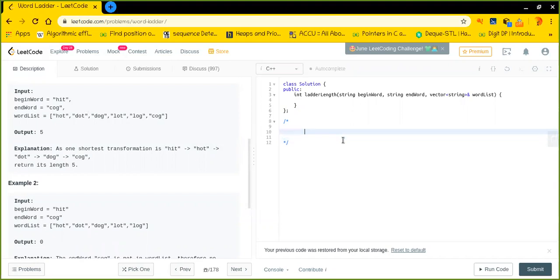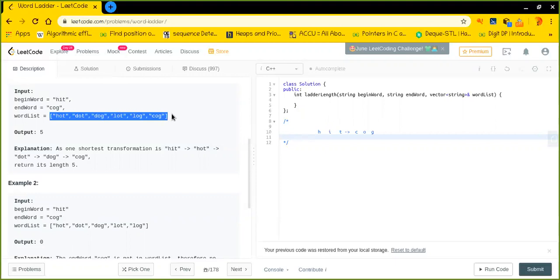As I mentioned in the conditions, I need to convert this particular word to cog. To do that, I need to take some help of this ladder.